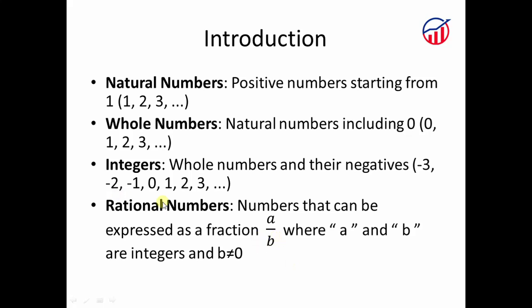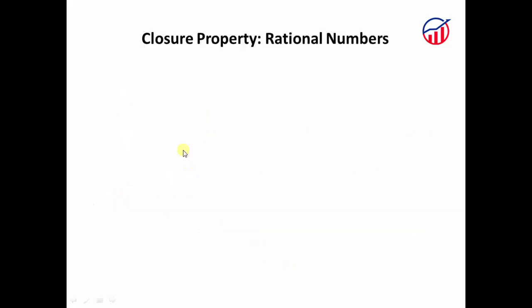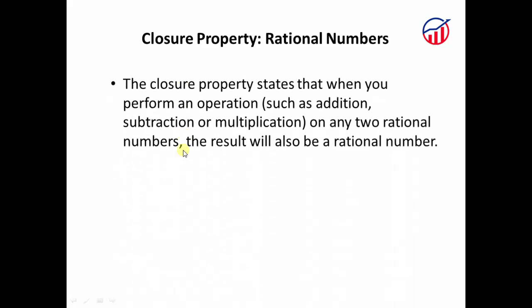So now that we are clear about the concepts, let's move to the first property, which is the closure property for rational numbers. So what does this property say? The closure property states that when you perform an operation such as addition, subtraction or multiplication on any two rational numbers, the result will also be a rational number. So let's check out a few examples. So addition, so you can see half plus 1 upon 3. So when you solve this out, you get